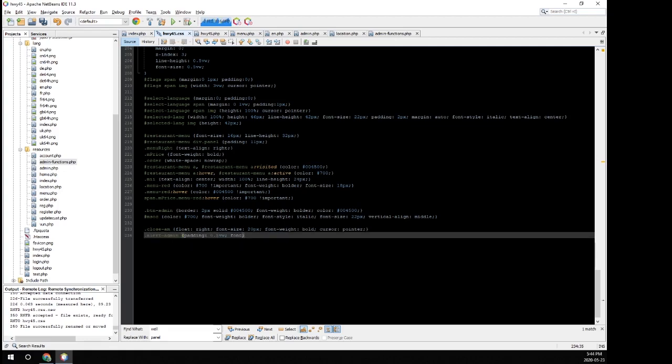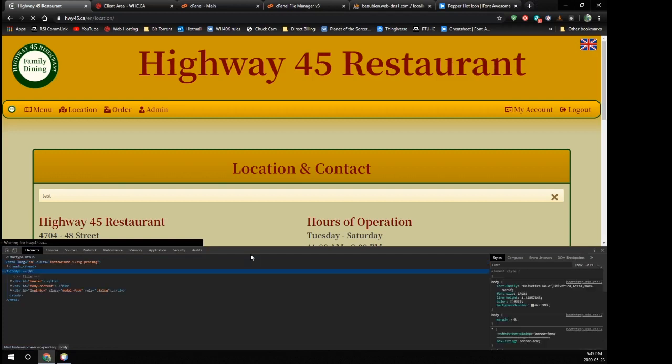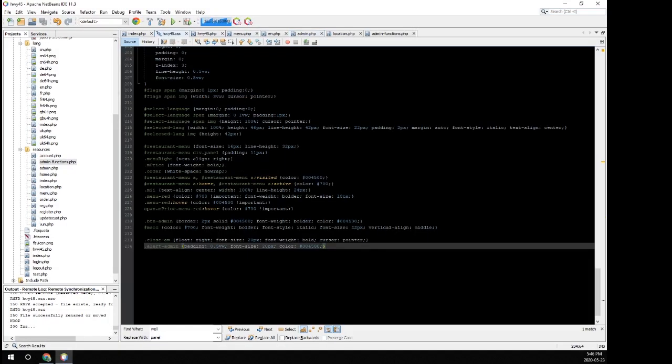And a font size of 20 pixels. And a color hashtag there of green. Refresh. And then because we're changing the color to green, that will actually affect this too, and we don't want